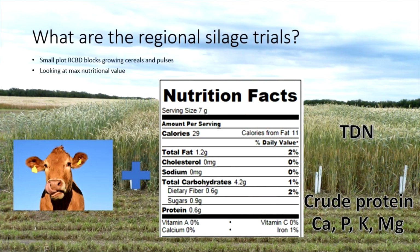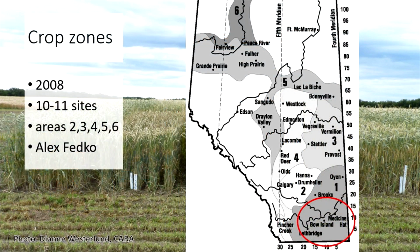We're talking about cattle, and one easy way to wrap your head around it, if you're not familiar with silage and feed, is to think of it like a nutritional label, a nutritional breakdown of how to feed animals. One big component is crude protein. You've got the calcium, phosphorus, potassium, magnesium, and then total digestible nutrients, which is a combination and calculation of all sorts of different things to give you the bulk makeup of your feed nutrition. These trials have been going on since 2008 at 10 to 11 sites,